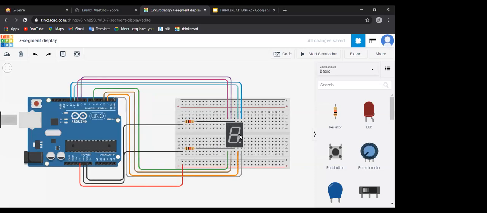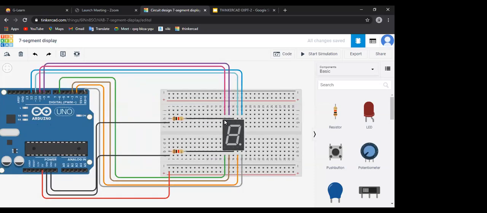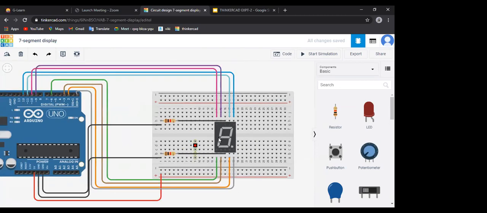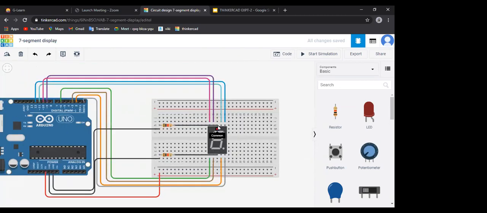If we take a closer look at the 7-segment display, we have 10 pins in total, of which one is common anode and one is common cathode, and the others are named A, B, C, D to G. And here we have one pin called DP, which is known as the decimal point. When we combine one or more 7-segment displays, this point helps us display 2-digit or 3-digit numbers. Here, I have connected the common anode and cathode to ground with the help of resistors.